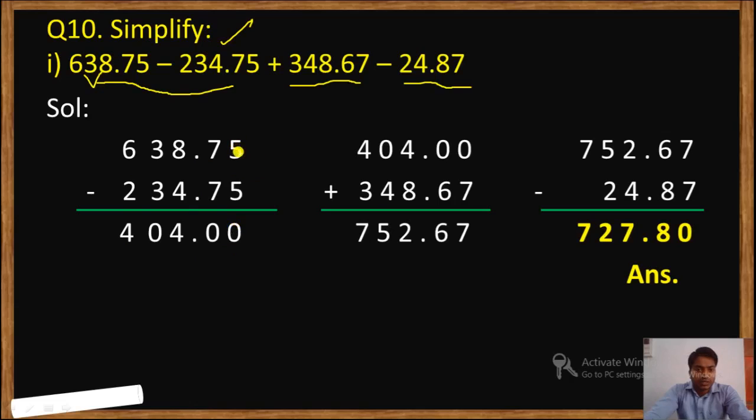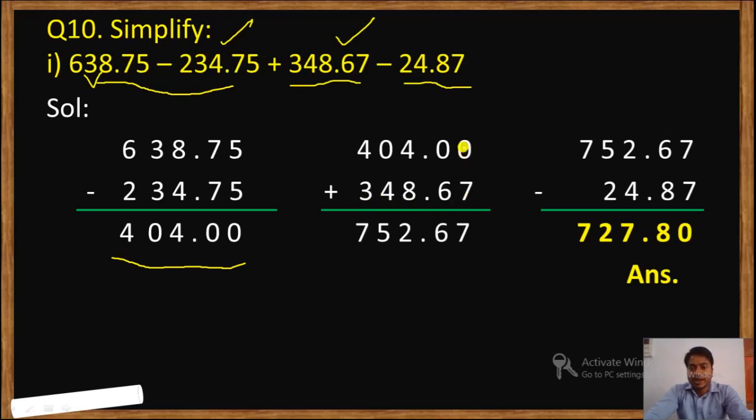When we subtract, we'll get 404.00. See here, 5 minus 5, 0; 7 minus 7, 0; 8 minus 4, 4; 3 minus 3, 0; and 6 minus 2, 4. Okay, this is the subtraction of these two numbers. Understood? Now with this result we have to add this number. So here we have written the result 404.00 and we have to add this number. So we'll write here